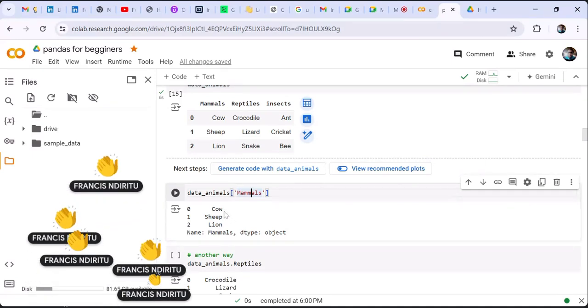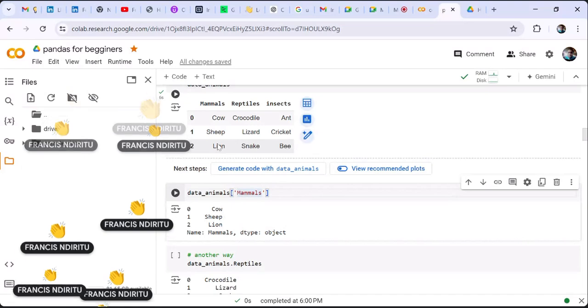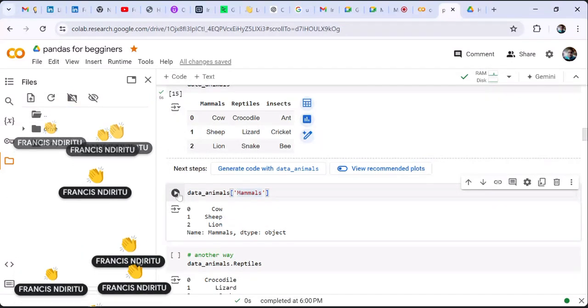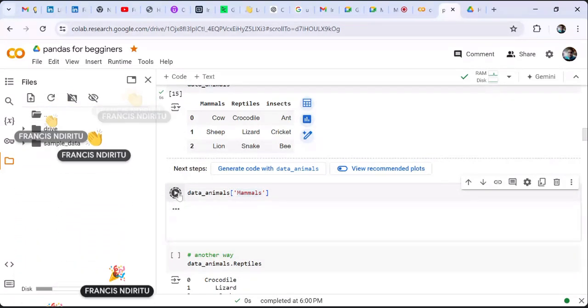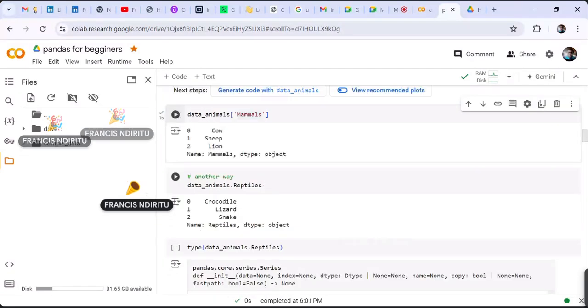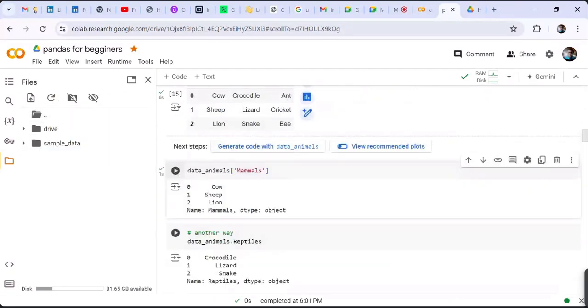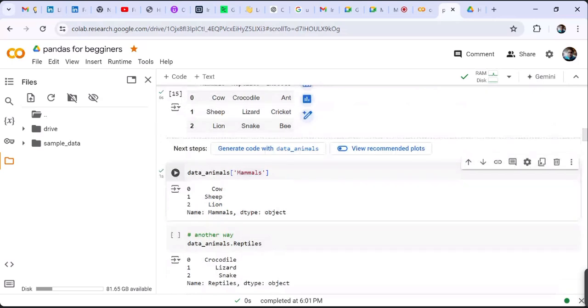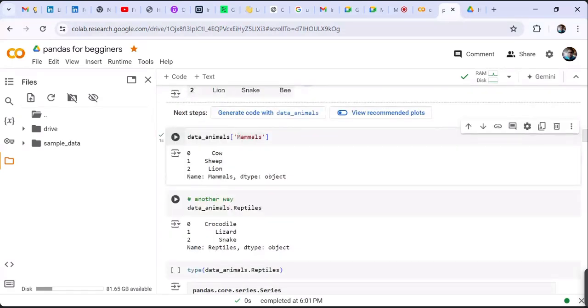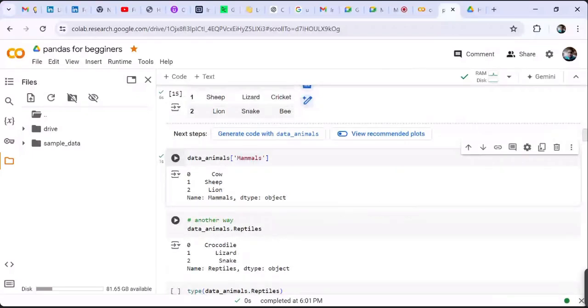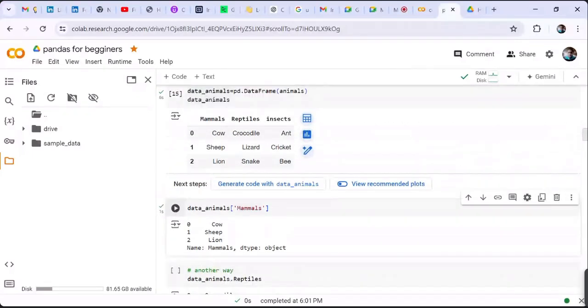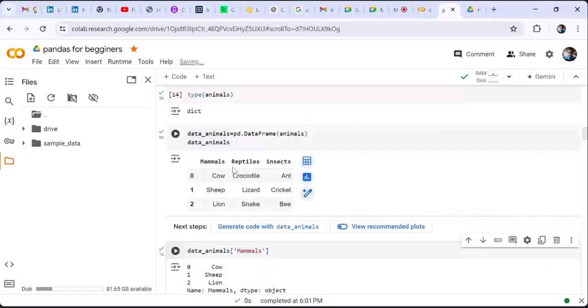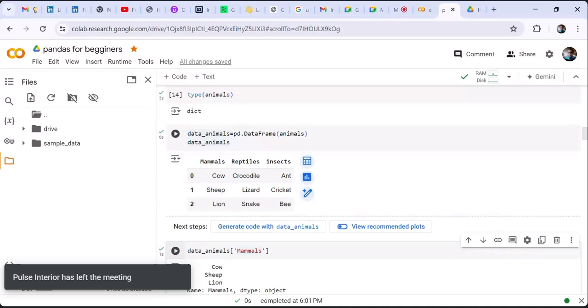In our case, we have the mammals: the cow, sheep, and lion. So next, there's also another method of getting our columns by writing just our variable. After it, you give a full stop, then you add the head of your column. For example,